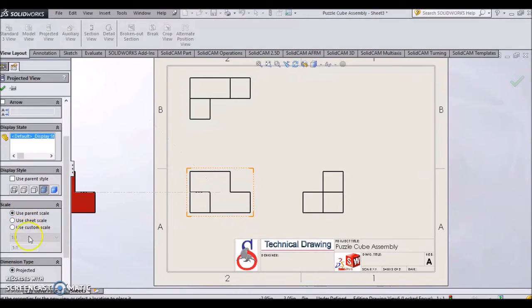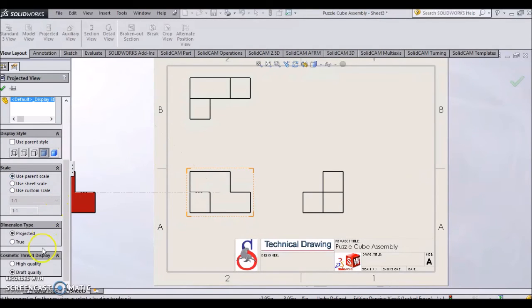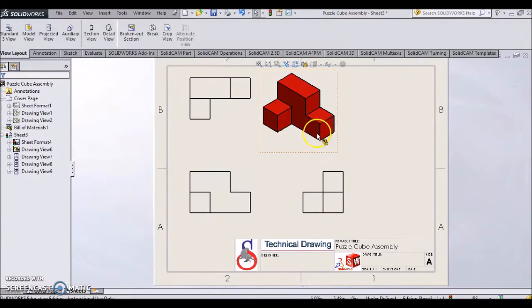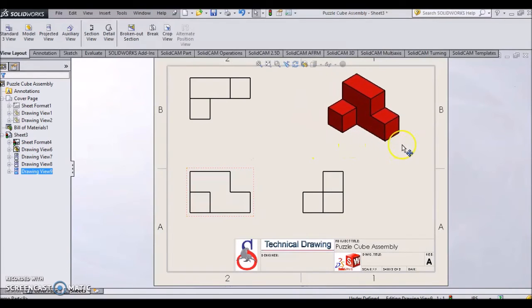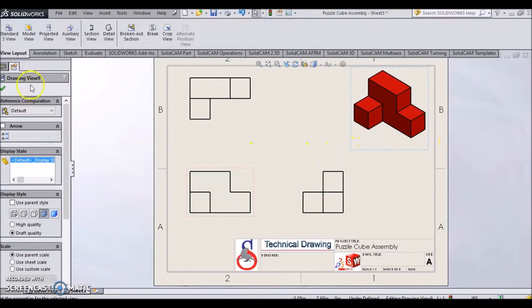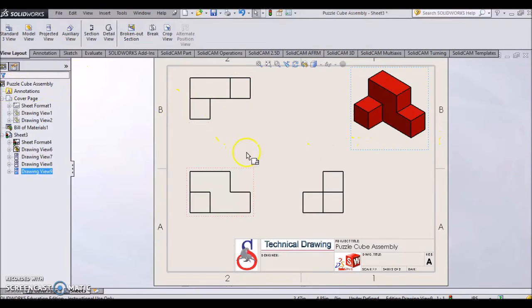Okay, we can keep the scale or the parent scale the same. Okay, and you want to change this to high quality. I'm going to move this up to the right and click. Now I can drag this over here, so it's kind of out of our way a little bit. Hit the green check. And our front, top, and right, just to double check that it actually has hidden lines